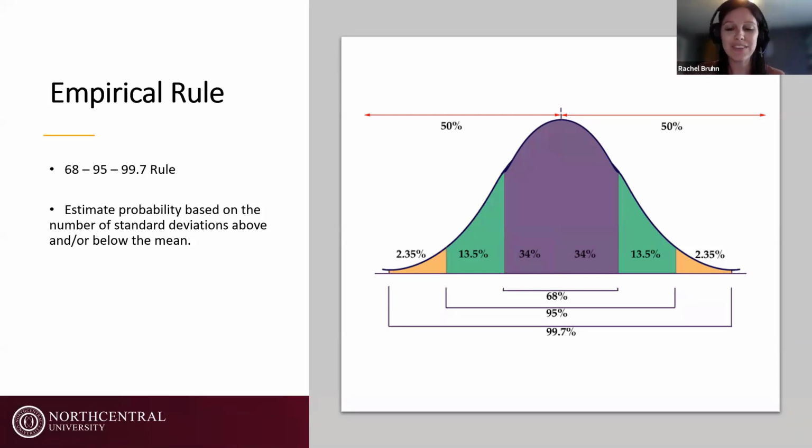So when we're thinking about those differences between our sample and our population, or even two samples, we're looking at not just are the numbers different. So if I computed a mean for one group and that mean was 30, and I computed the mean for another group and it was 37, I can look at those two numbers and say, well, yeah, the second group was definitely higher. They had 37. But statistically, I don't know that that 7-point difference is actually meaningful, because if I look at this normal distribution, well, 68% of people, they're not going to be right there at the mean. I don't have everybody at 30 or 37 points. There's flexibility, and I call that my wiggle room.